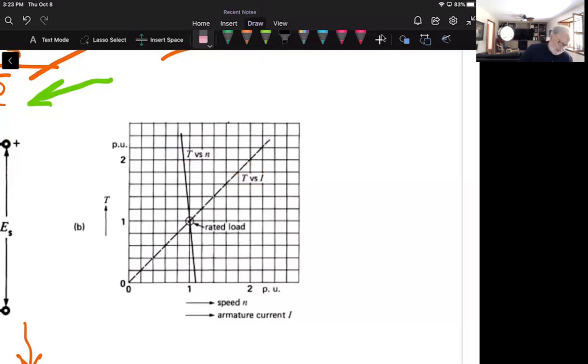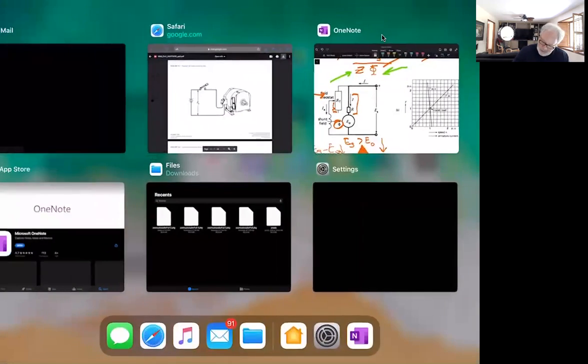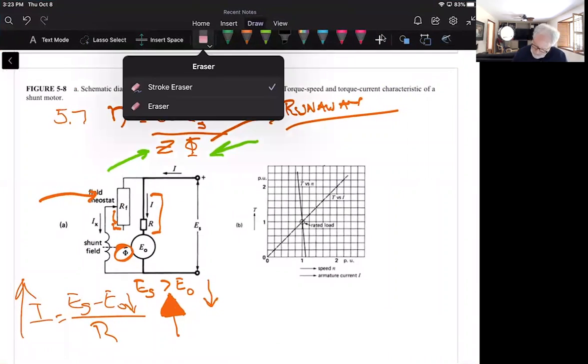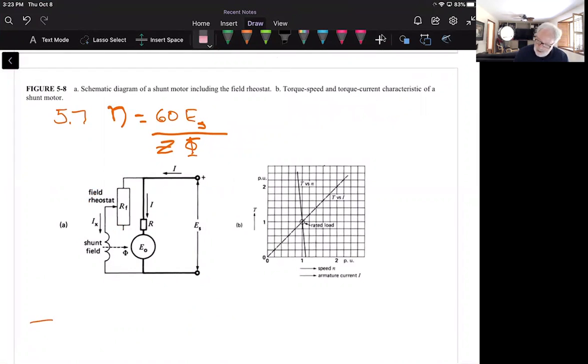Okay, now let's go over here, and I'm going to bring this back to here and clear out some stuff so that we can explore section 5.7. And I will tell you, after you watch section 5.7, there'll be another quiz. There's two quizzes, right? One from 5.0 to 5.2, and then the second quiz picks up and goes 5.3 through 5.7. So first off, here's a shunt DC motor,